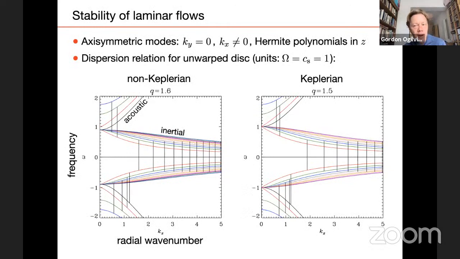So, roughly speaking, what's happening here is a parametric instability, a parametric resonance. This is the dispersion relation for waves in a disk, frequency versus radial wave number. There are high frequency acoustic waves and low frequency inertial waves restored by the Coriolis force. So here we're finding pairs of inertial waves whose frequency differs by the orbital frequency, and they have the same radial wave number. This pair of waves can be destabilized by coupling to the warp or the oscillatory geometry.